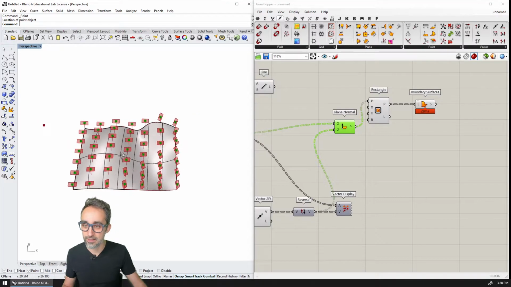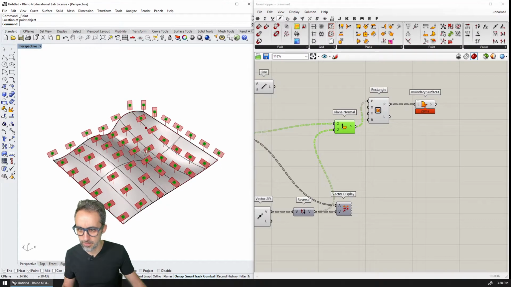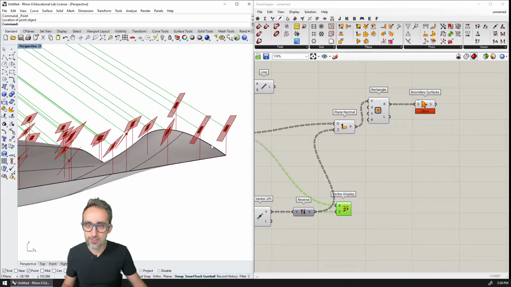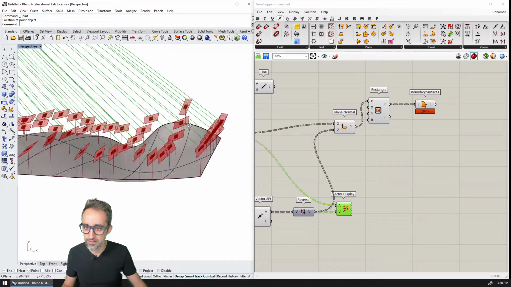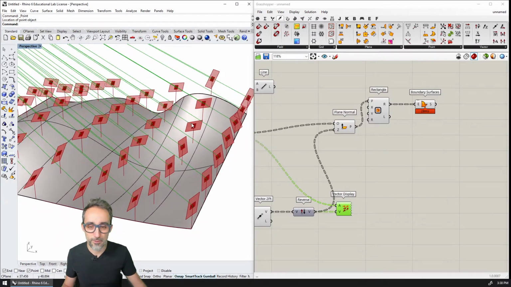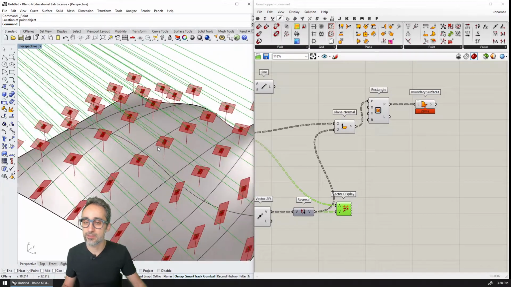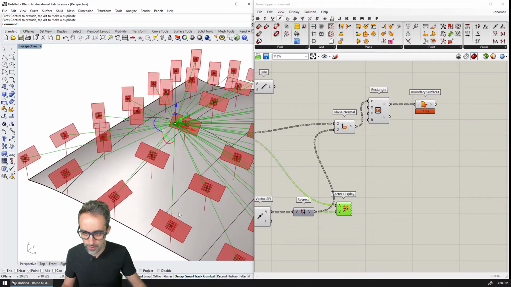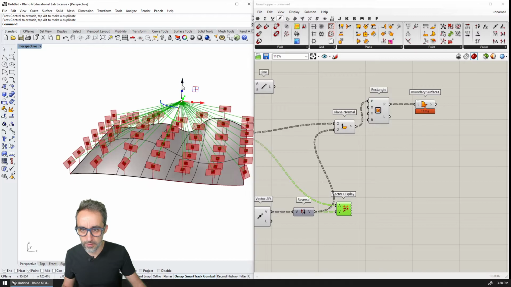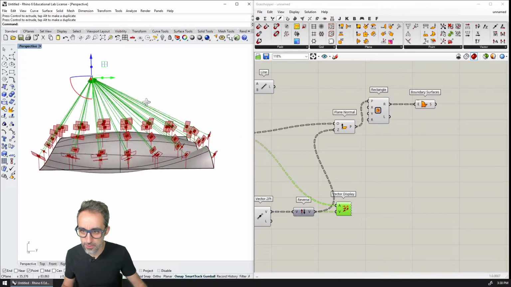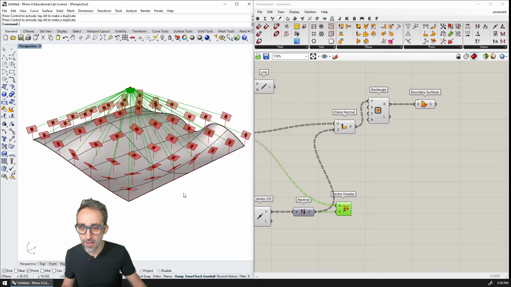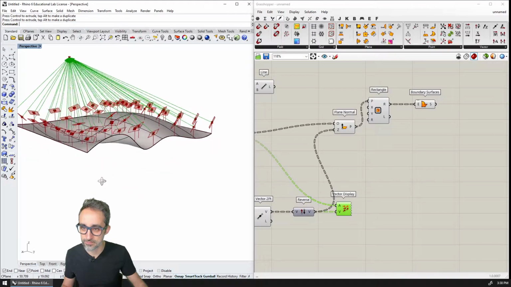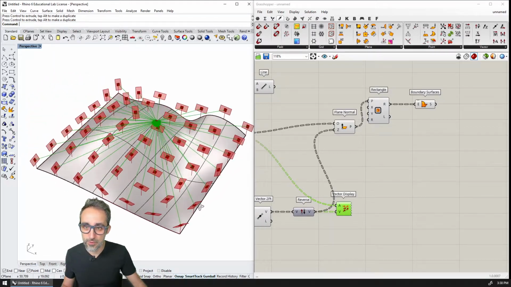looking at the sun. So am I the sun? Yeah, they look like they're looking at me, right? Let me turn this on just to make sure. It pretty much looks like this is working. You can see how each one of the panels is facing directly towards the sun. Let me move the sun really close to the ground to see if this is true. Let's even bring this closer and closer. So you can see how now we have this kind of concave shape. So this is great.